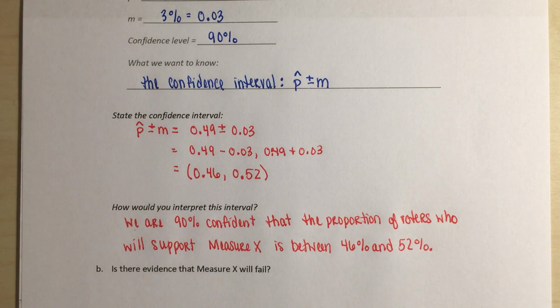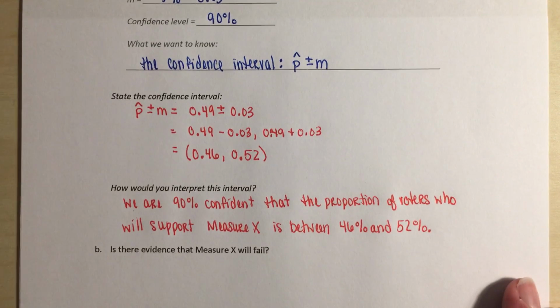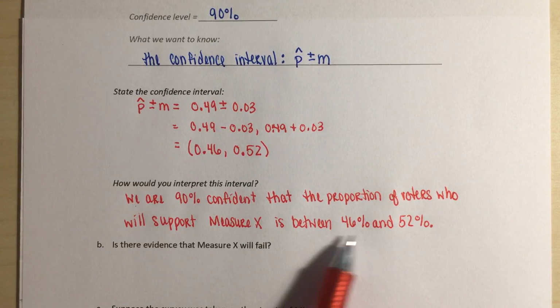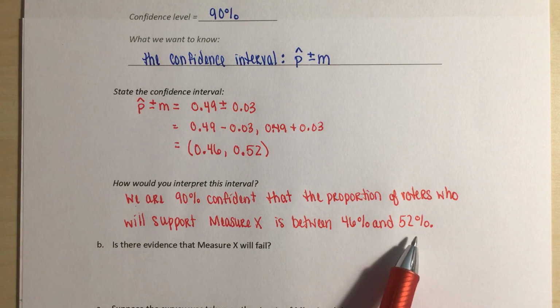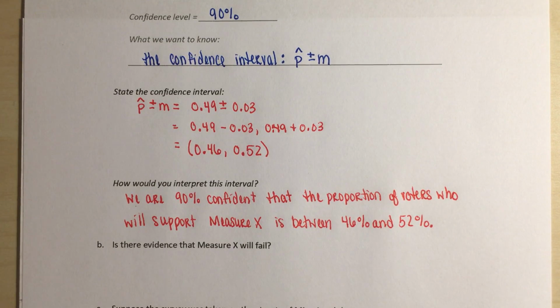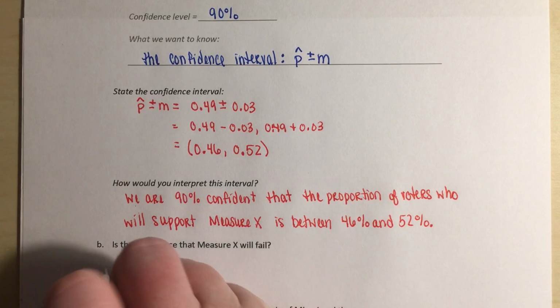Is there evidence that Measure X will fail? Well, here we're actually going to look at our interval. Our interval goes between 46% and 52%. In order for something to pass, it has to be more than half. It has to be more than 50%. Our interval drops below 50%. So we're going to say yes,